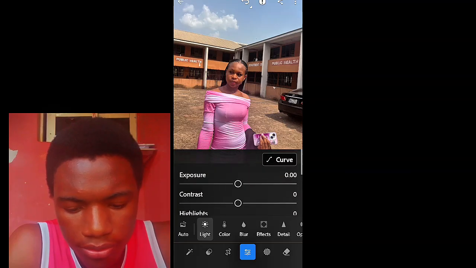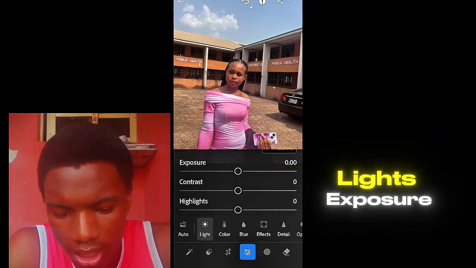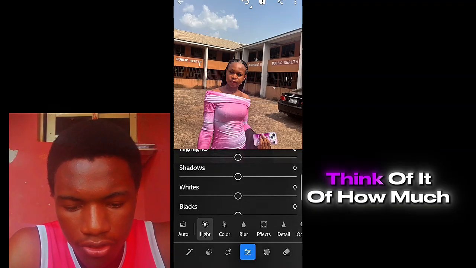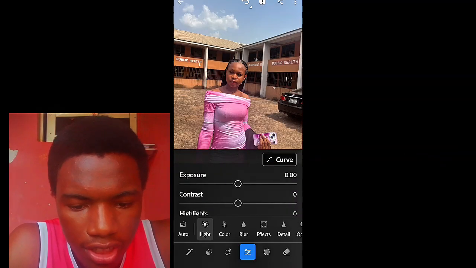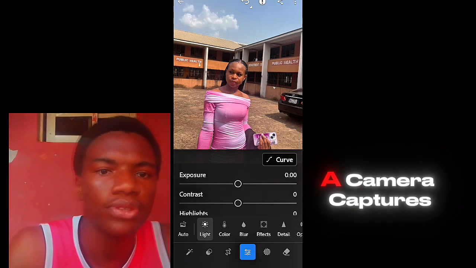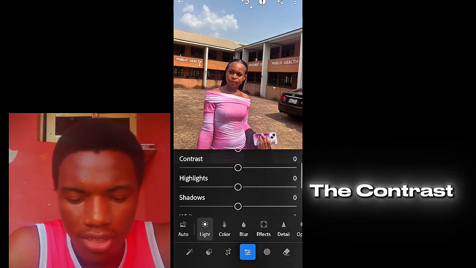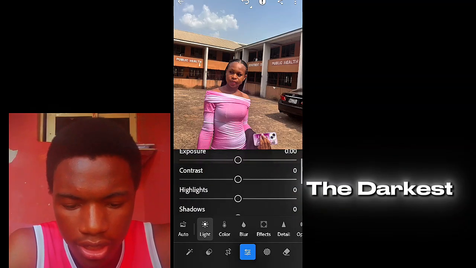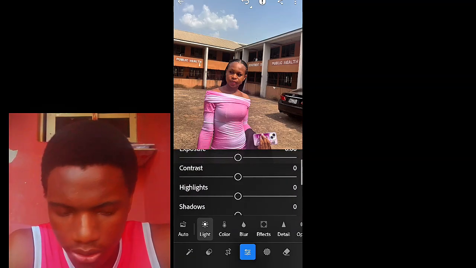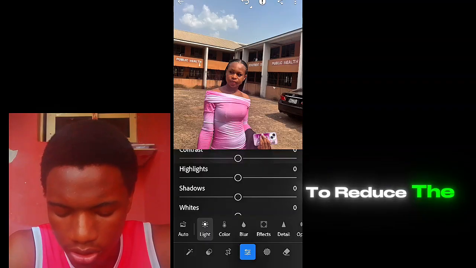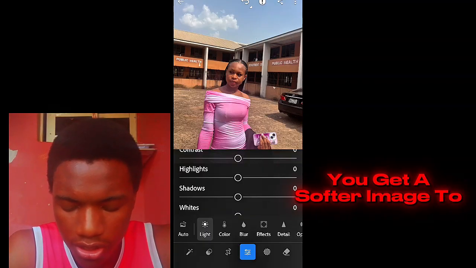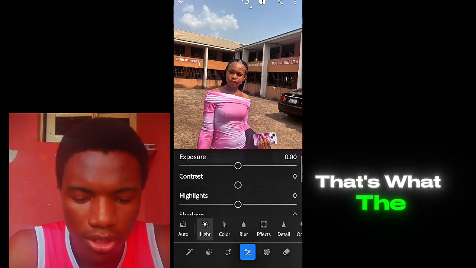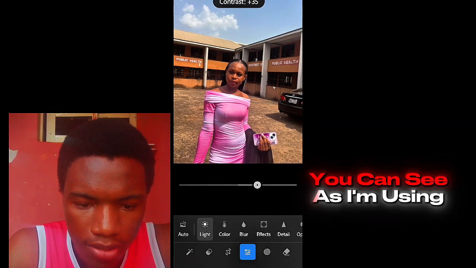So speaking of the exposure in the light, the exposure controls the overall brightness of your image. Think of it as how much light a camera captures. The contrast creates a difference between the brightest parts of your pictures and the darkest parts. If you reduce the contrast, you get a softer image. To increase the contrast, you get a sharper image. That's what the contrast is used for. You can see as I'm using this picture now